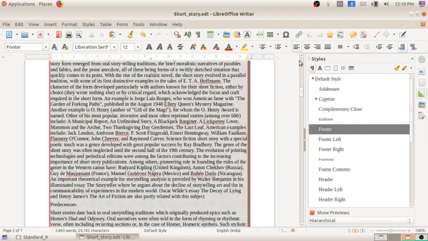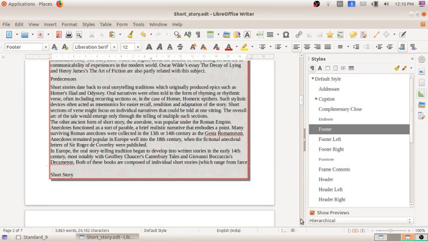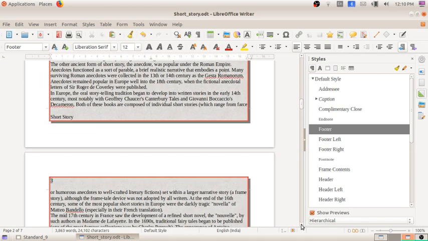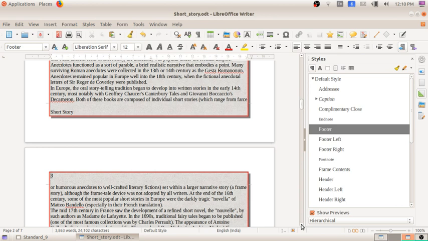And the next thing is, if I want to write short story on the first page and the school name on the second page, alternatively, short story on the first page, school name on the second page, short story again on the third page, and school name again on the fourth page, like that. That is also possible here.